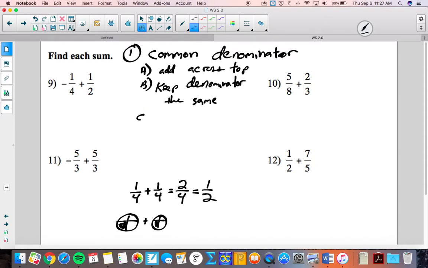And then part C, simplify that fraction if you can. So the denominator in the end, like in our answer here, it doesn't actually stay 4. It becomes 2 though once I simplified. So, I don't know, let's try